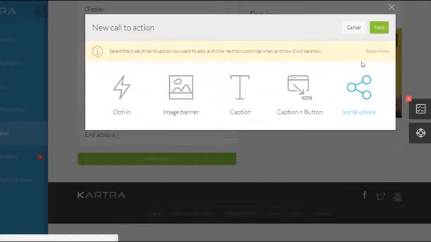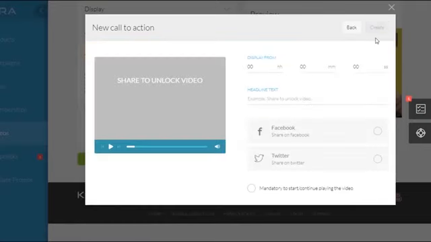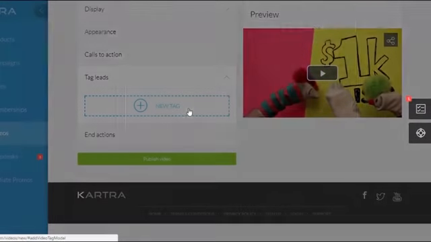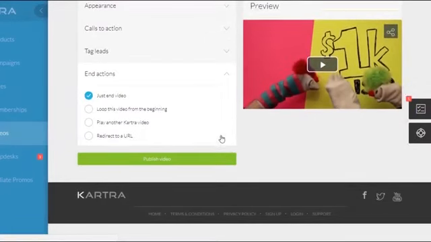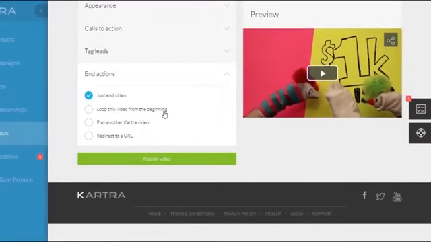Finally, you can stop the video from playing until the viewer unlocks the rest of the video by sharing the link on social media. More than just interaction, you can tag visitors based on whether they visited the page, viewed to a specific point in the video, or used one of your calls to action. This leads to the last step, which decides what happens at the end of the video. You can simply let the video end, or you can loop it, play another video, or redirect to a URL